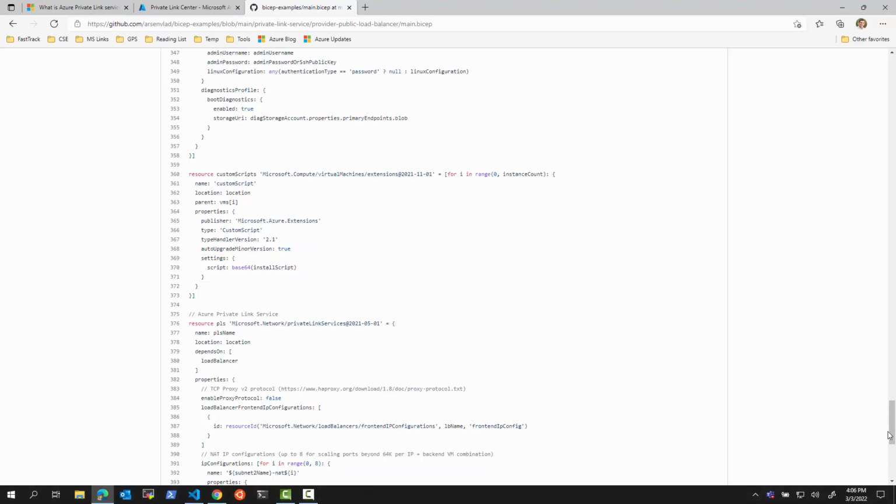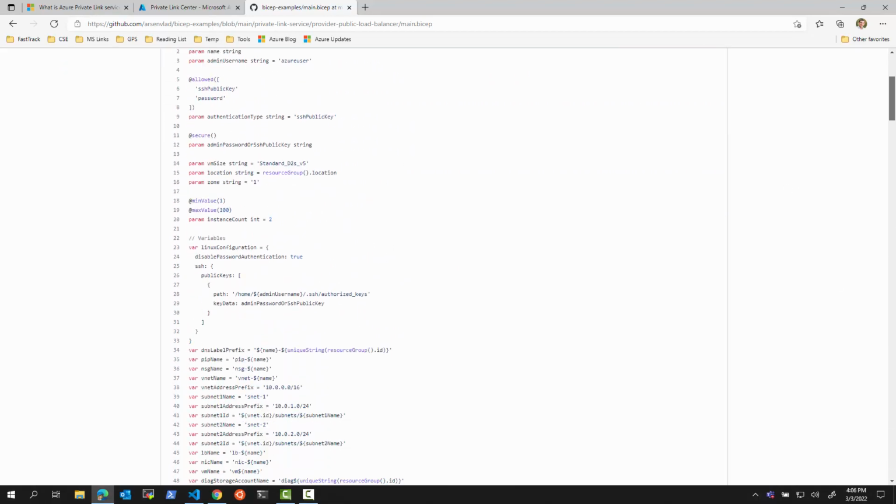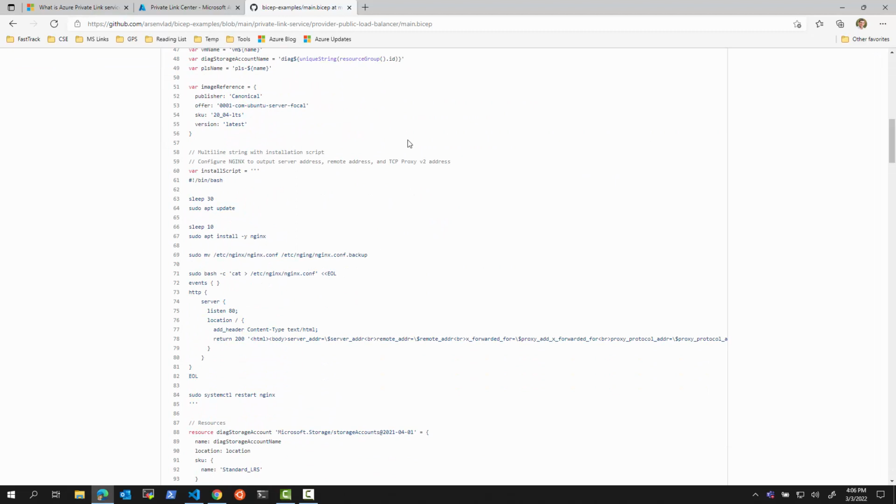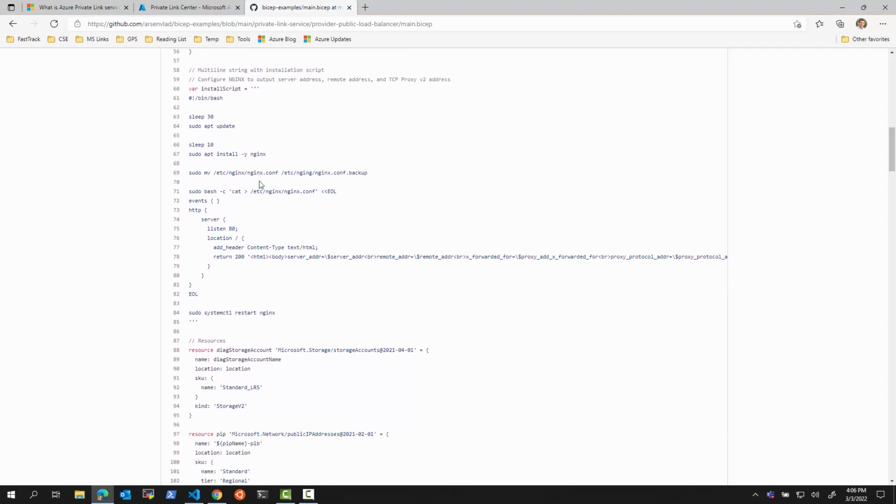And this installation script, for convenience, again, just as a very simple example, it's right in here, multi-line script for the installation. What it will do is it will install Nginx and it will configure it so it outputs the server address, the remote address, and the TCP proxy v2 address. We'll talk about TCP proxy v2 maybe in another video. But basically, when a VM gets deployed, it will run an update, install Nginx, back up the default config, and then it will override the config file with a very, very simple